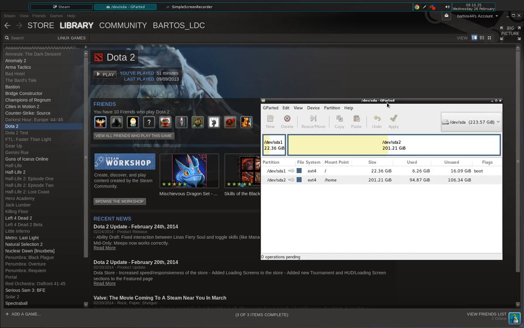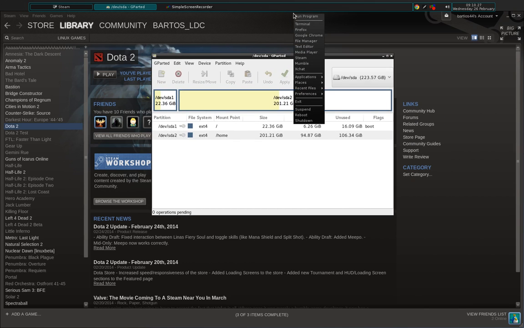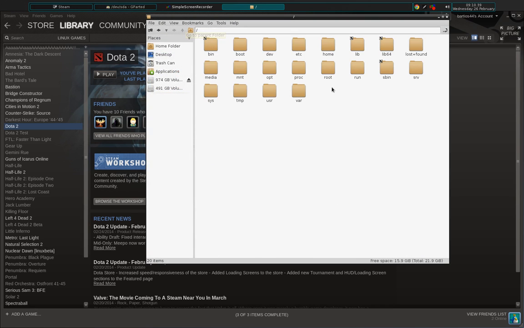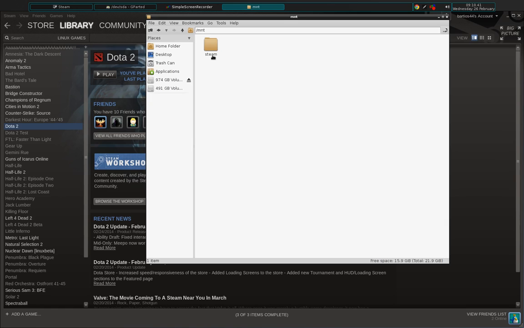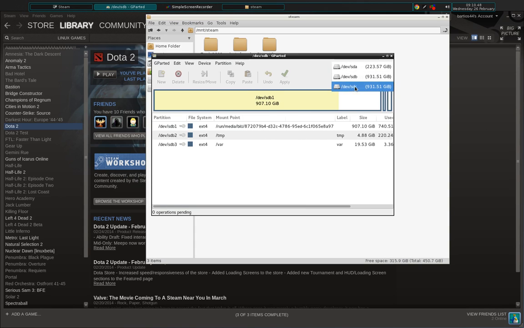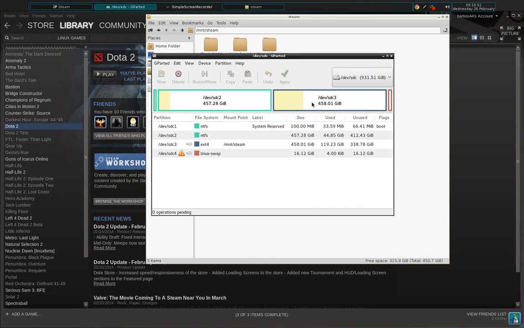So the first thing we're going to do is make a partition, or if you have a partition, you can make a folder in it. And this is what I have done. I've made a mount point, called it Steam, and this is actually my SDC drive. So this whole part of a terabyte drive, 458 gigs, I've dedicated to Steam. You can see it's mounted at mount Steam,